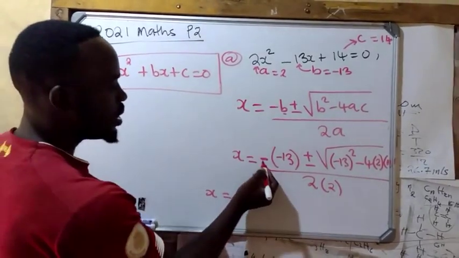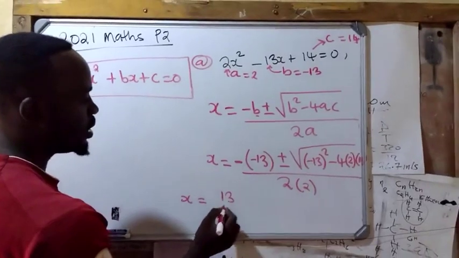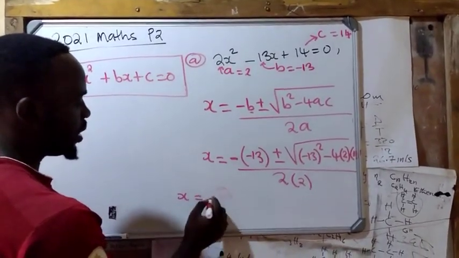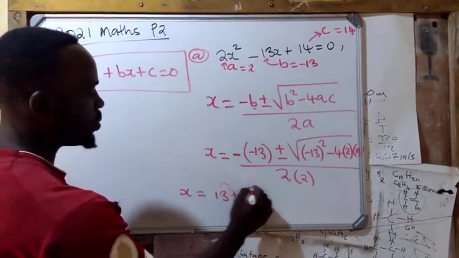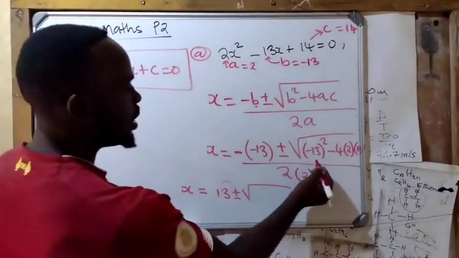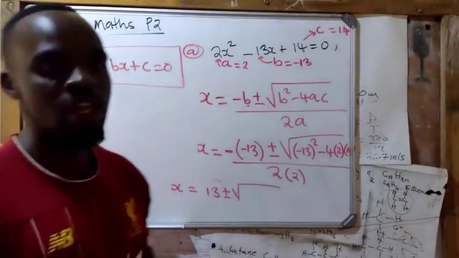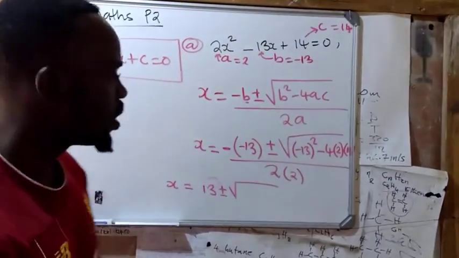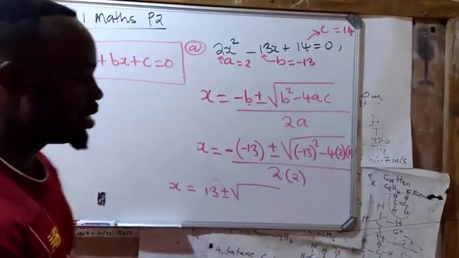Here multiply negative times negative, it's a positive, so we just get 13. You get 13 plus or minus the square root of. Negative 13 squared, mind you, this is paper 2, so you can even use a calculator. Negative 13 in bracket squared means 13 times 13, and you are going to get